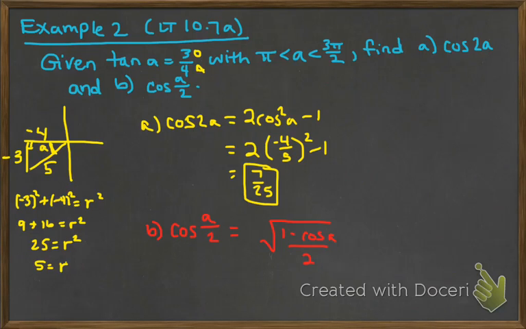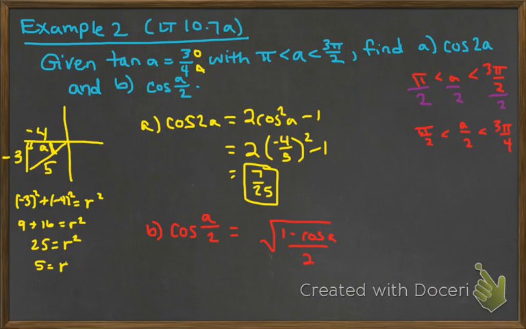If a is in the third quadrant, so it's somewhere between pi and 3 pi over 2. So off to the side here, we'll just do it up on top. If I have pi less than a, less than 3 pi over 2. But I want to know where a over 2 is, because that's the angle that I'm looking at, meaning that I want to take and divide this by 2. Well, if I divide that by 2, then I need to divide everything by 2. So when I look back at that, then I've got that a over 2 has to be between pi over 2 and, if I simplify this over on the right side, 3